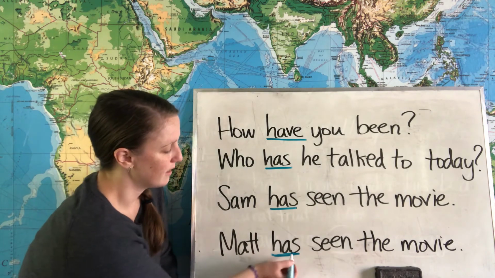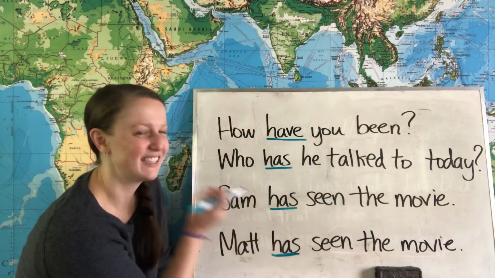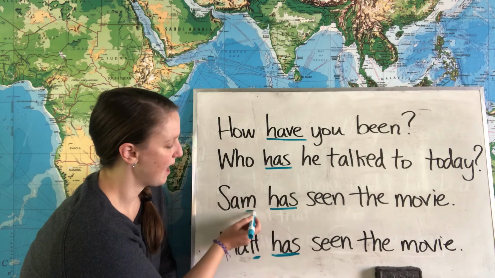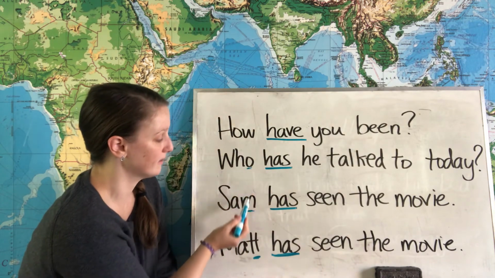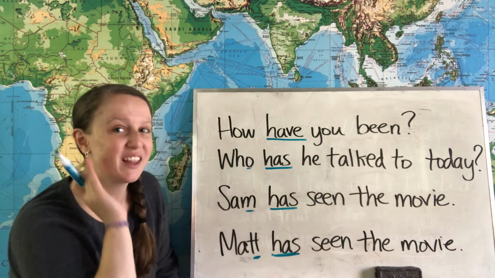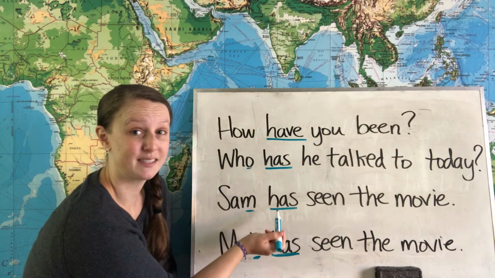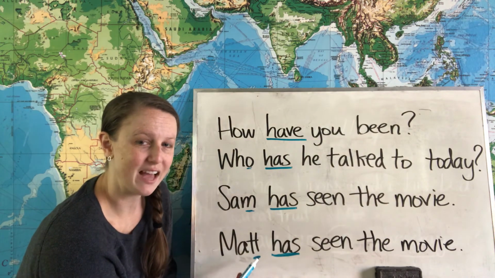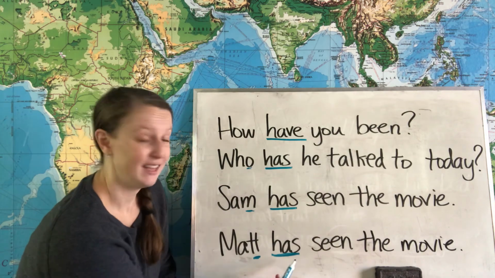We use that S sound here instead of that sort of Z sound because of our last sound at the end of the words. When we have a voiced sound at the end of the subject, it's going to sound like Z. Sam's. But when you have a voiceless sound at the end of the word, Matt, it's going to sound like